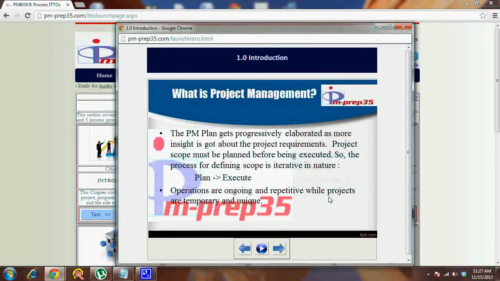So your PM plan, or the project management plan, gets progressively elaborated or progressively detailed. It becomes detailed as time passes. So by the end of your planning phase, you have more details compared to where you started initially. So that's where progressive elaboration comes into the picture. Iteration is more